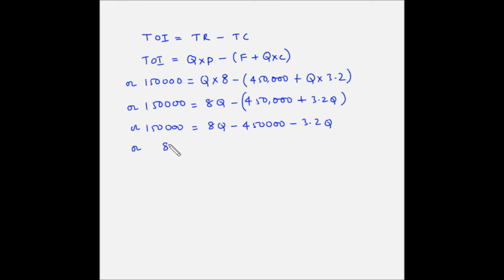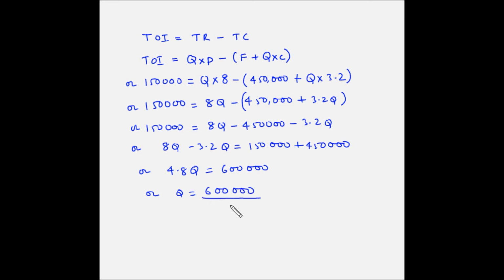So this becomes 8Q minus 3.2Q is equal to 150,000 plus 450,000, or 4.8Q is equal to 600,000,